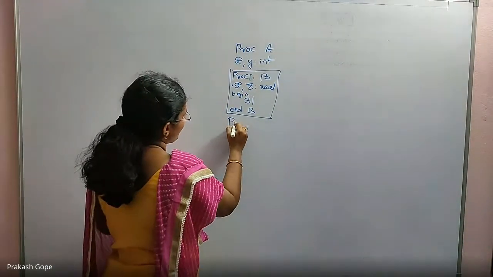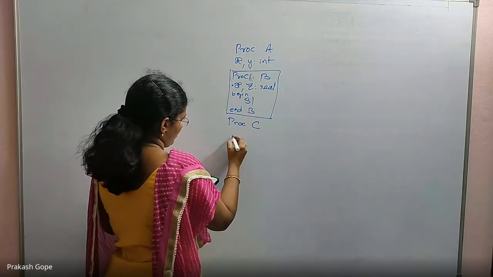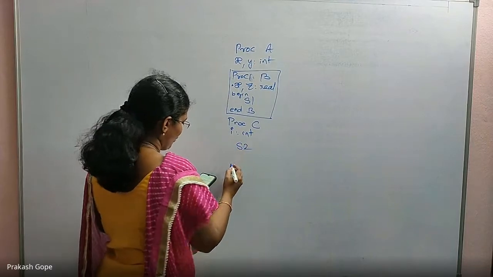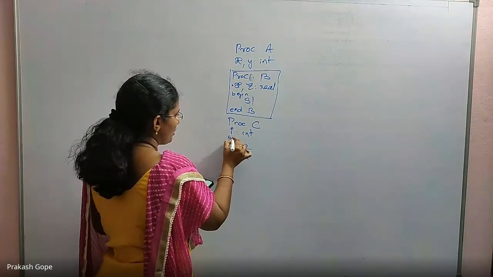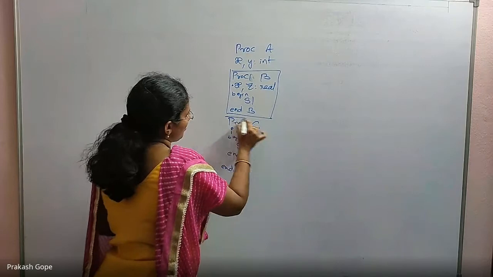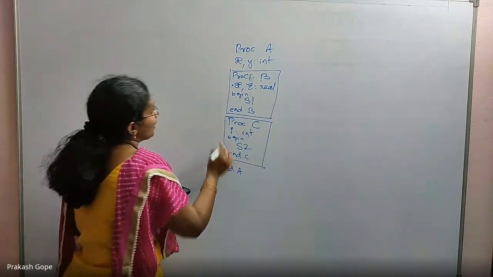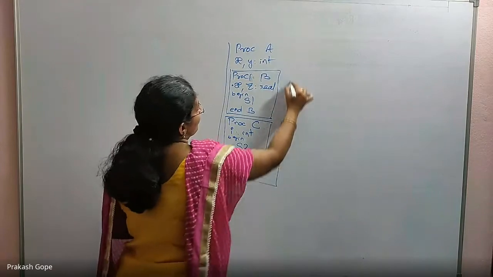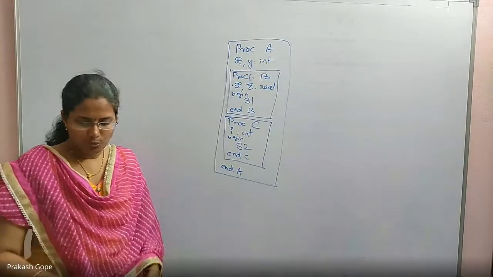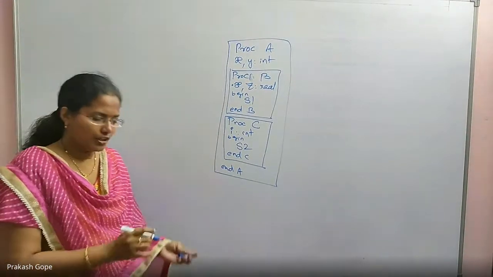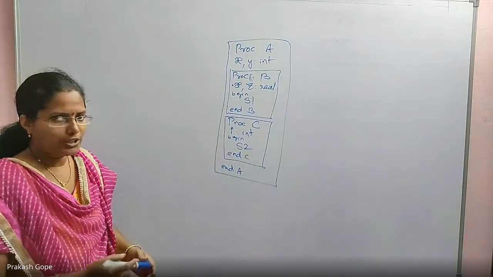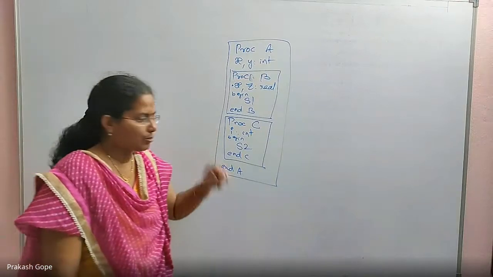Then there is a procedure C. I is a local variable declared integer. Then there is the S2 block of statements and C, which means there is a begin here, and finally end here. So C is a block here. A ends here and A started here. So in procedure A, we have B and C. Yes, it's possible, something like inline functions. One procedure can have the definition of another procedure. It's possible in different programming languages, and this is given in such a programming language.